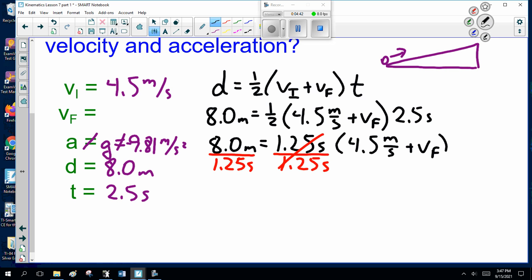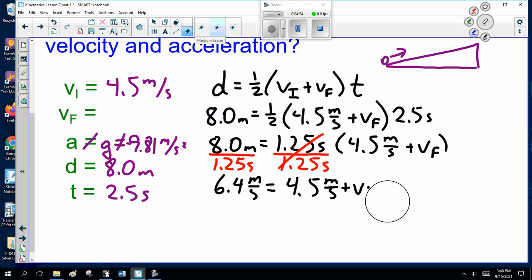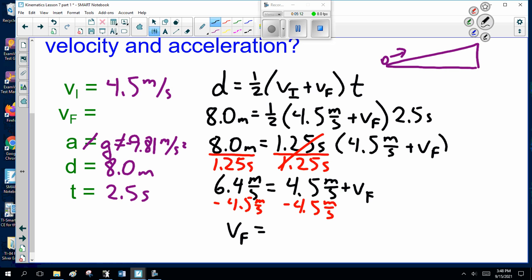So 6.4 equals 4.5 plus V final. Now it's really easy to solve. How do I get rid of plus 4.5? Minus 4.5 from both sides. 6.4 minus 4.5 is 1.9 meters a second. So when you get there, you're going 1.9 meters a second through the stoplight, which is not good. You're supposed to stop at the stoplight. Anyway,